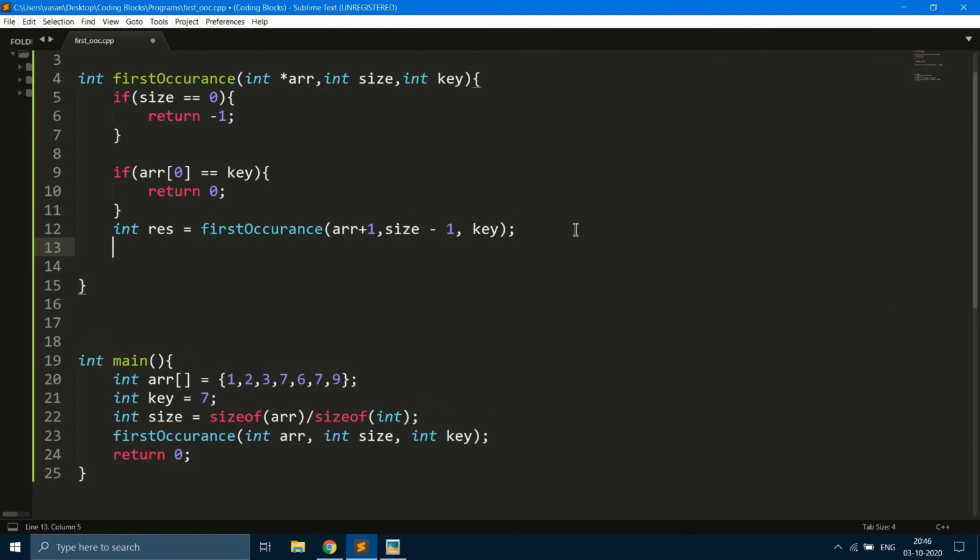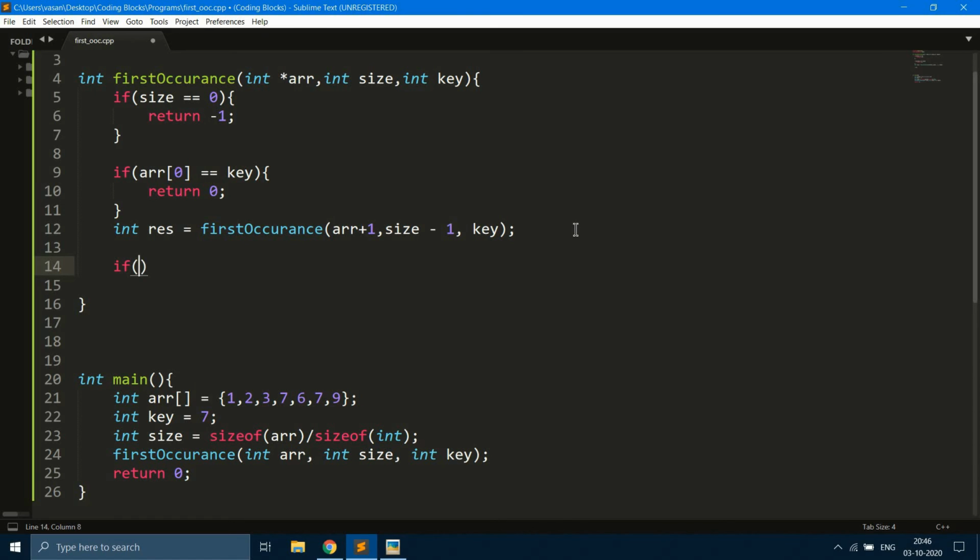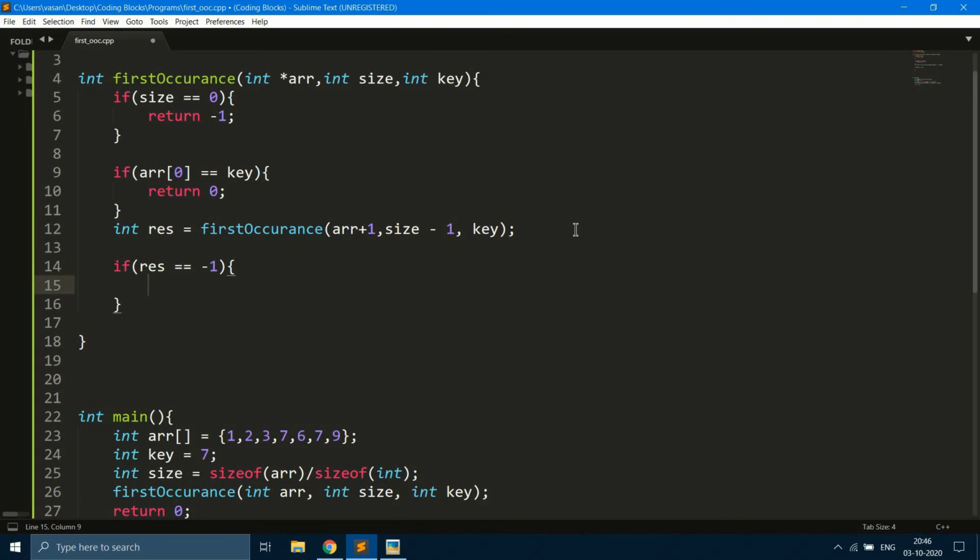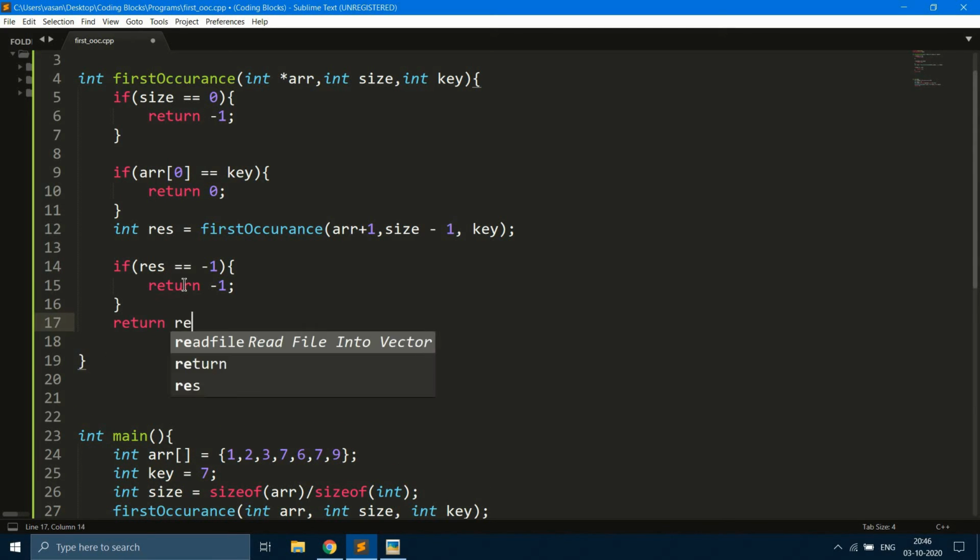So now what I'm going to do is, if res is equal to -1, that means we did not find the element in the entire array. When size becomes 0, it returns -1. That means we did not find the required element in the entire array. So for that we are going to say -1. Okay, and we are going to say res plus 1. Why? Because